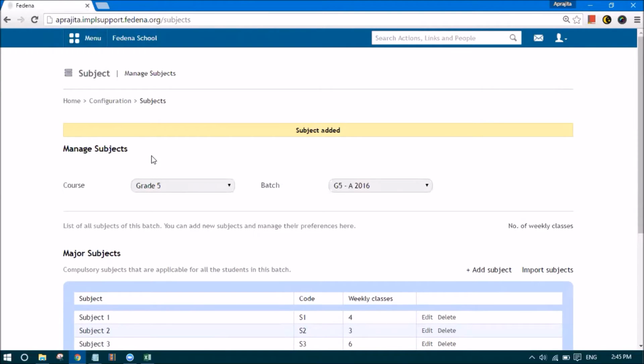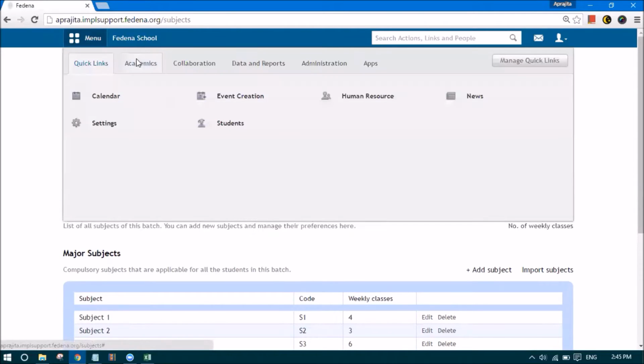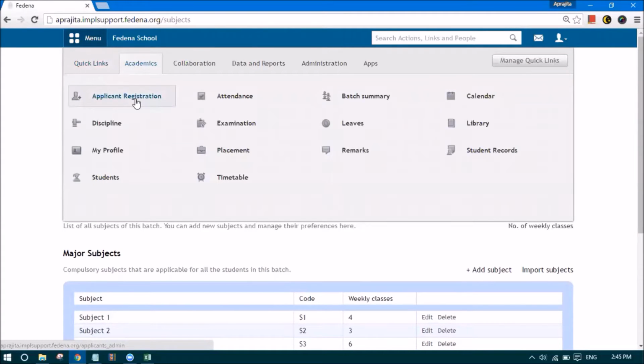That is using the applicant registration module that you see under academics. You can have a look at the full video of how registrations can be made open, how the students can apply for the course, and how the administrator can allocate or discard the applications. That is the FEDINA applicant registration module video.